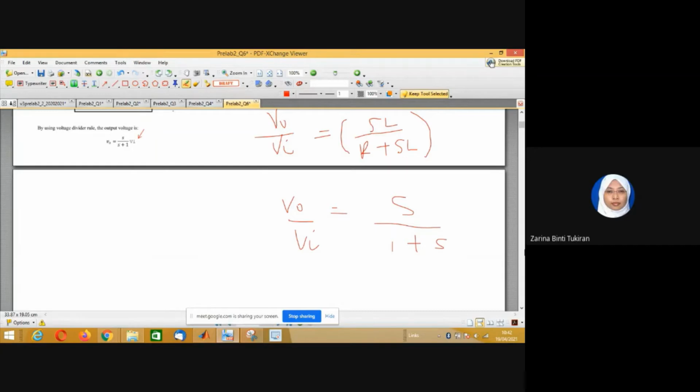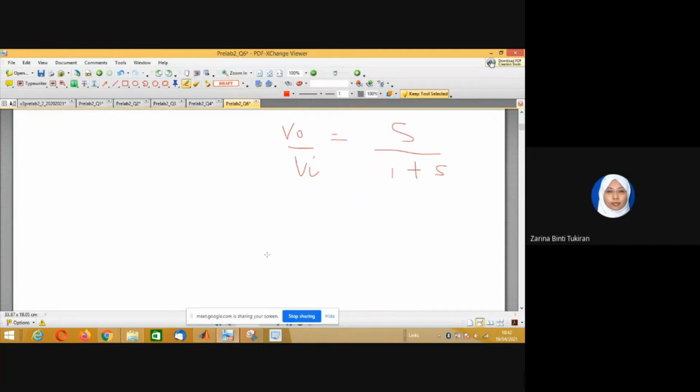This is the new equation to get the transfer function. In MATLAB, in order for you to get the circuit response, you must use